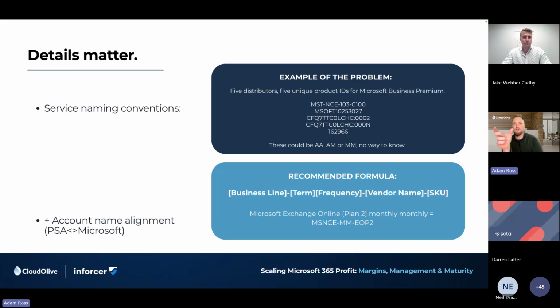And we've got two examples down there: Microsoft Exchange Plan 2, monthly, and then a short form name of it. We've got almost like a calculator or a calibrator that helps you build these types of things if you're interested. We'll also share, if you could potentially, Ali, a wider blog that we wrote some time ago, which still rings really true here.